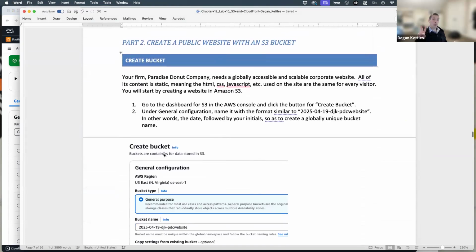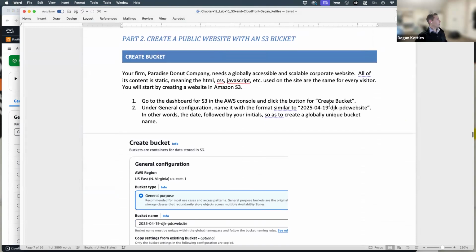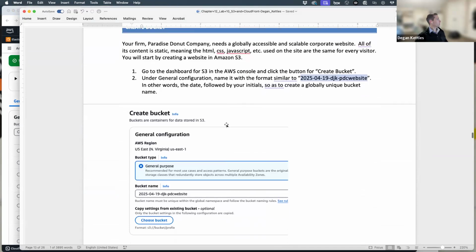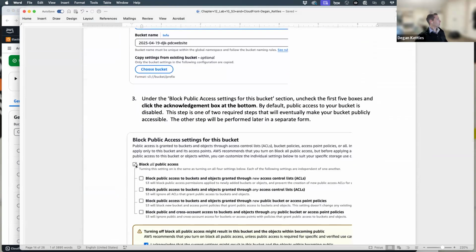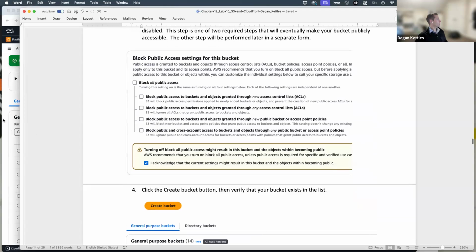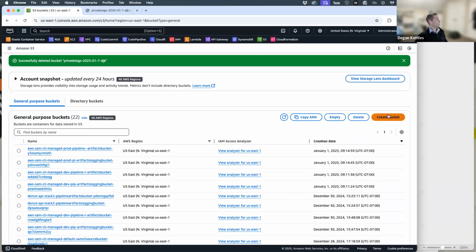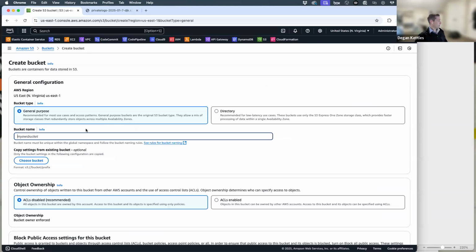All right, now let's go on to use case number 2, which is creating a public website. With that one, we'll call it the PDC website and add in some things related to the date. So it says, go create a new bucket, paste that in, unclick the block all access, and then click create. All right, so let's go ahead and do that. We click create bucket. We paste this in,